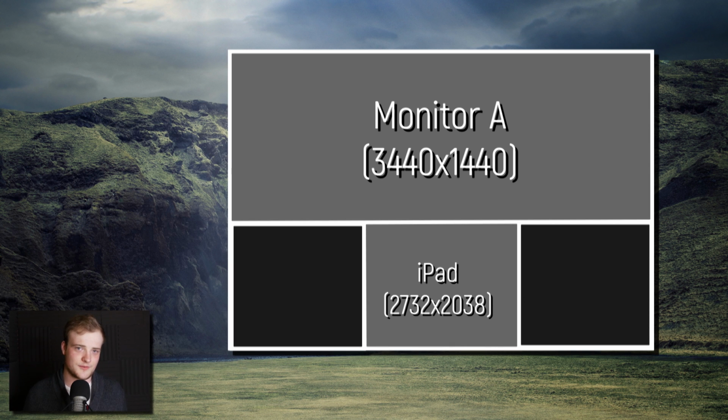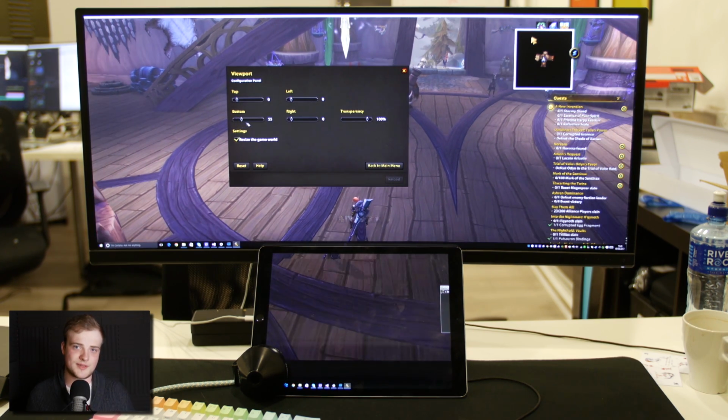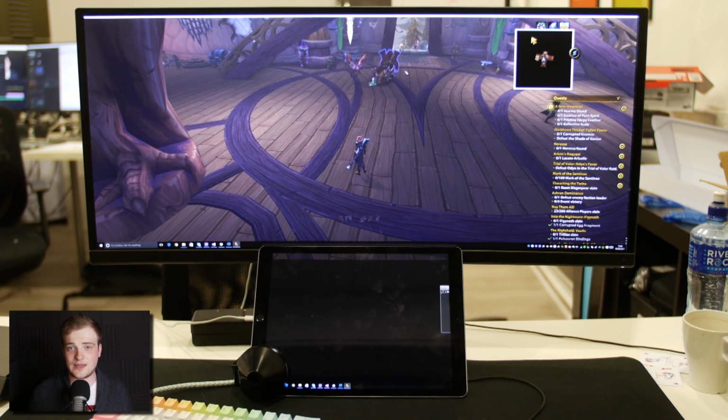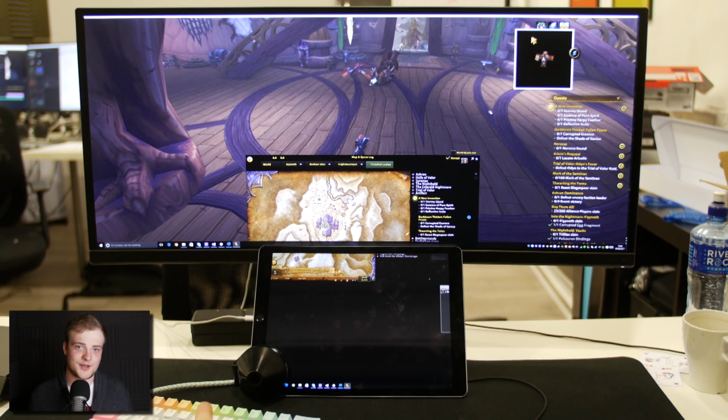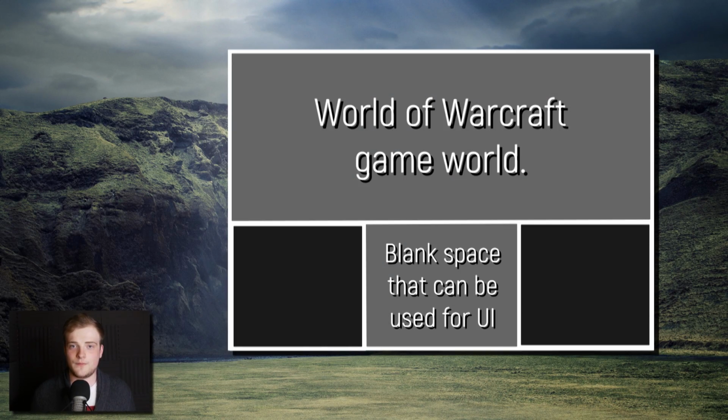It put UI elements off the screen. And that's where Leatrix Plus comes in. I installed this add-on via Curse, and then I enabled its viewport functionality. This basically crops the part of the WoW window where the game is rendered, so I set the crop to 50%, which meant that the game world was limited to my main monitor, and the iPad below it was left as a black screen. While the game world isn't on the iPad, we are still able to put UI elements there,